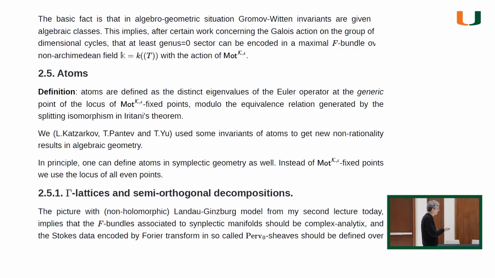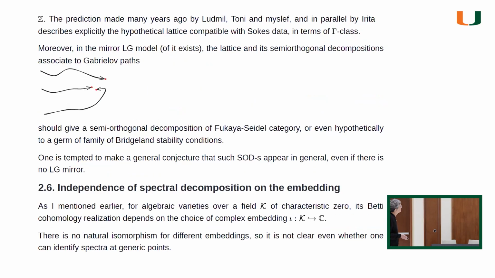And these perverse sheaves, because when you have a B model, are defined over the integers. And so it will be some remarkable lattice for this identification. Many years ago, with Lyudmila and Tony, and in parallel with Iritani, we described explicitly a hypothetical lattice compatible with Stokes data in terms of the gamma class. And one can have